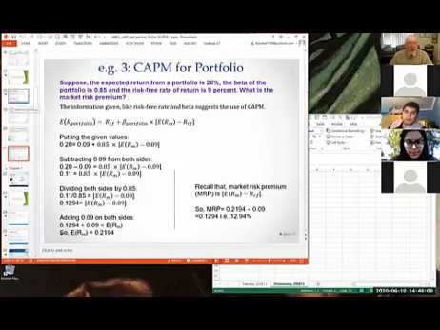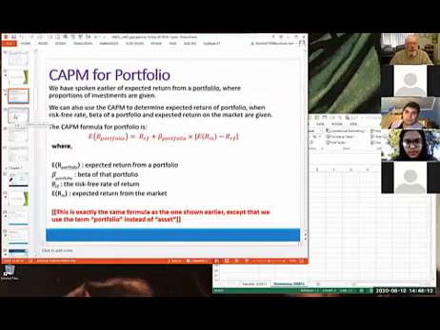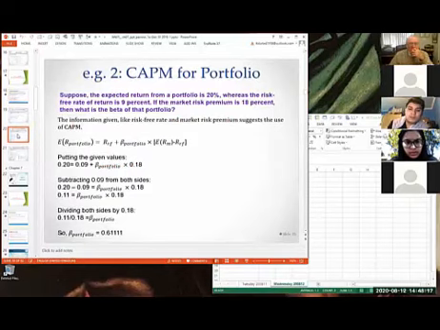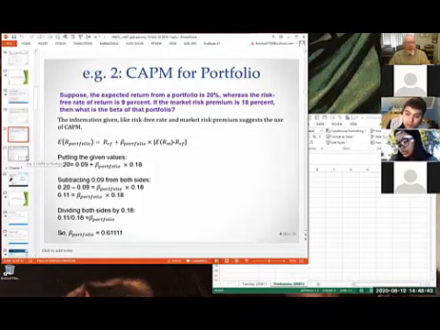Yeah, we can do one of these examples. Okay, let's work through that. Return rate. Expected return for a portfolio is 20%. Risk-free rate. What we're doing is working out the return here for the various components. I'll leave that example for you to go through yourselves, unless somebody particularly wants us to go through.